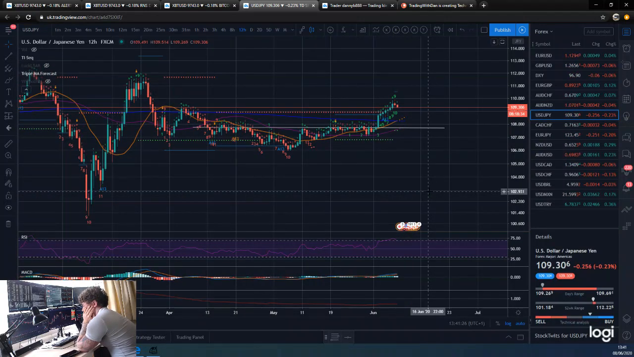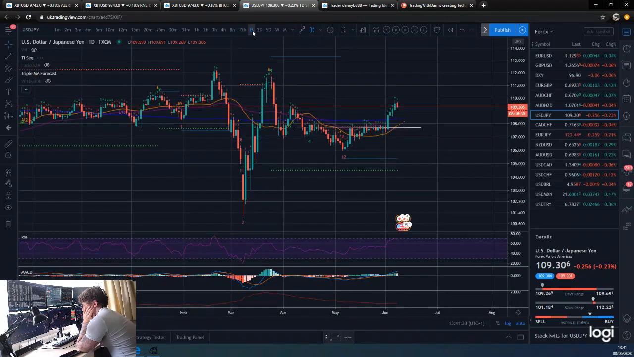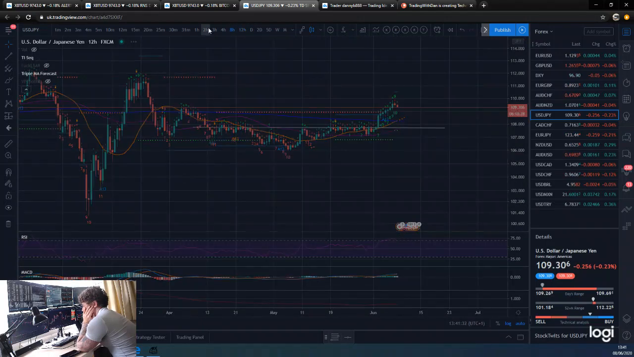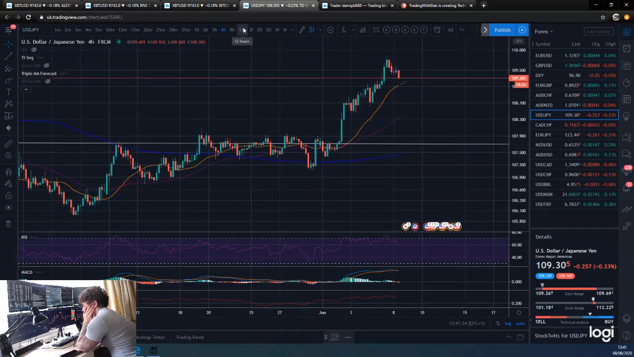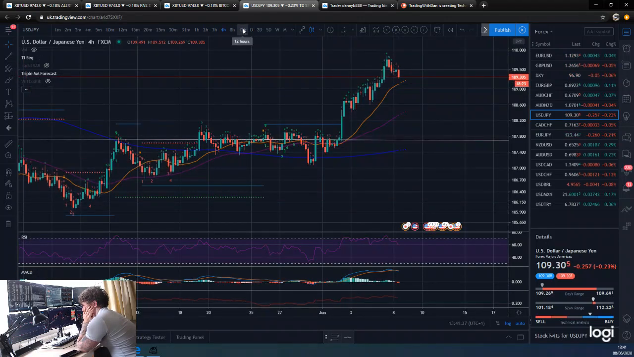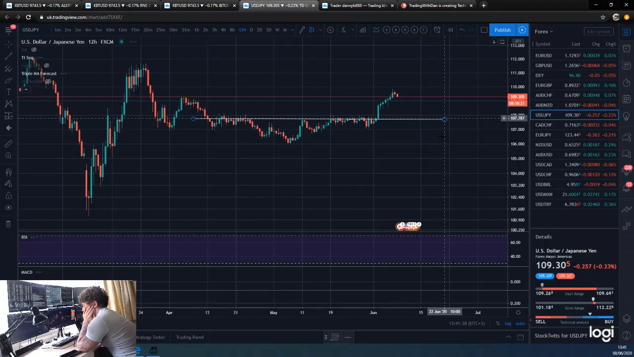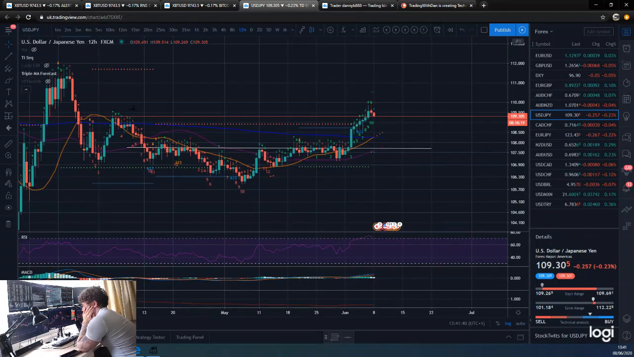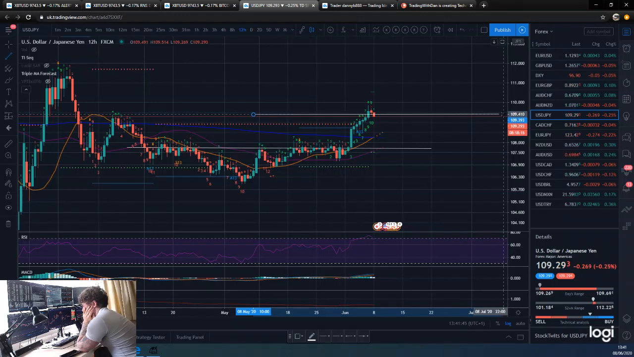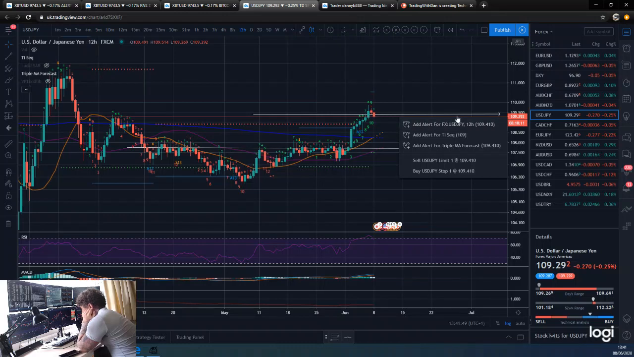Right, US dollar, Japanese yen. 12-hour 9s are looking quite good for a potential sell trade. We've still got room left in the daily, but I still nonetheless don't mind 12-hour 9s as potential trade opportunities. This one's actually been activated now, with how we've opened this morning. So potential move down to the